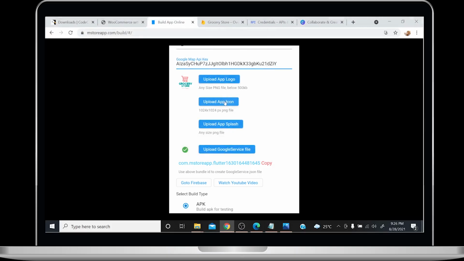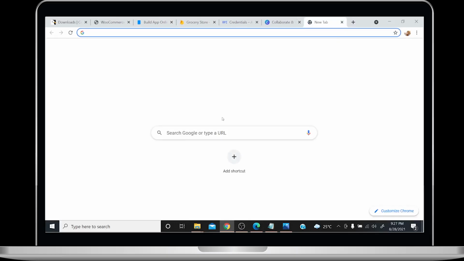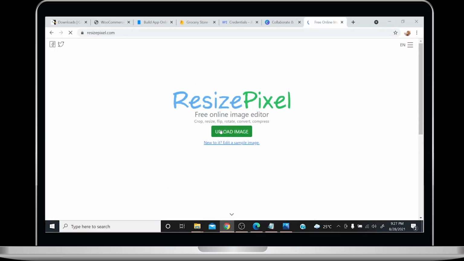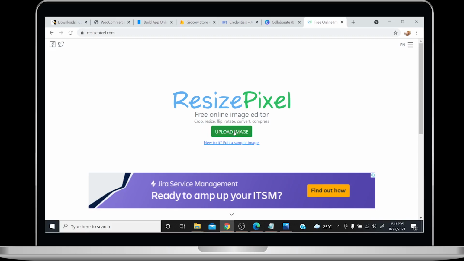Now in upload app icon, you see below there is a size mentioned which is 1024 pixel by 1024 pixel. Now to convert your logo, go to www.resizepixel.com. Now here, upload your image.